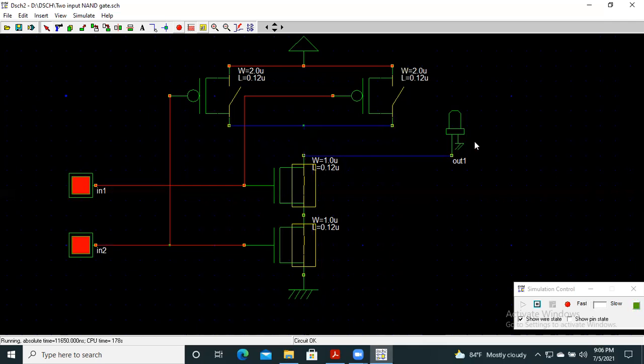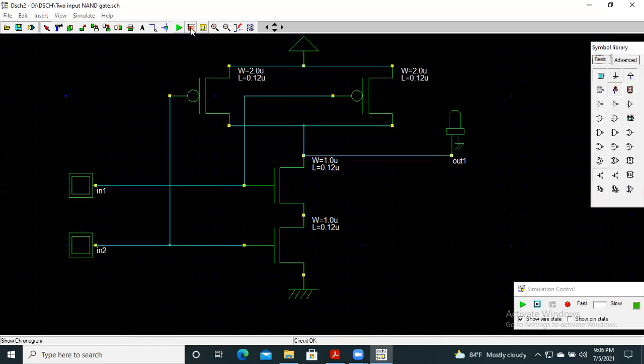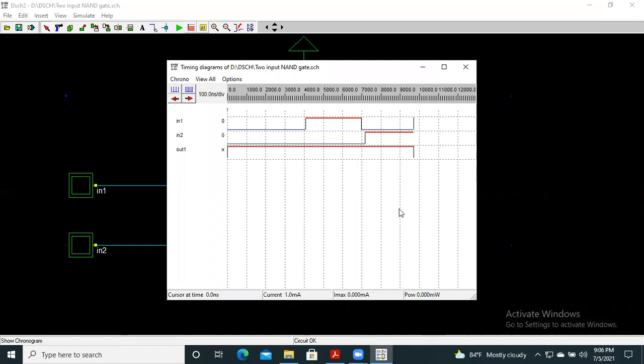As a result, the output is low. We can see this output by using the timing diagram. Here is the timing diagram. Here we see that if any one input is low, the output is high.